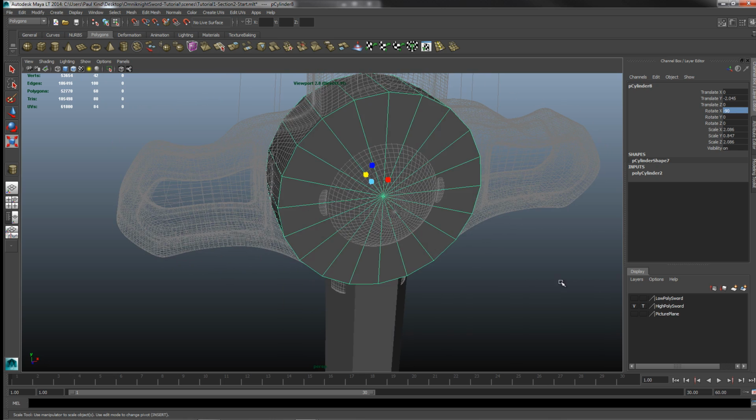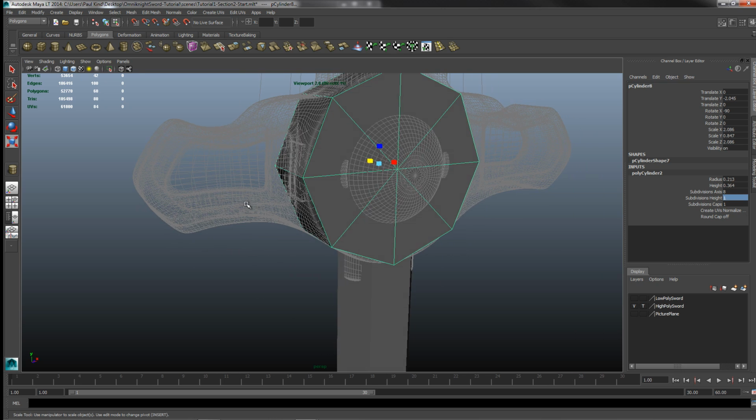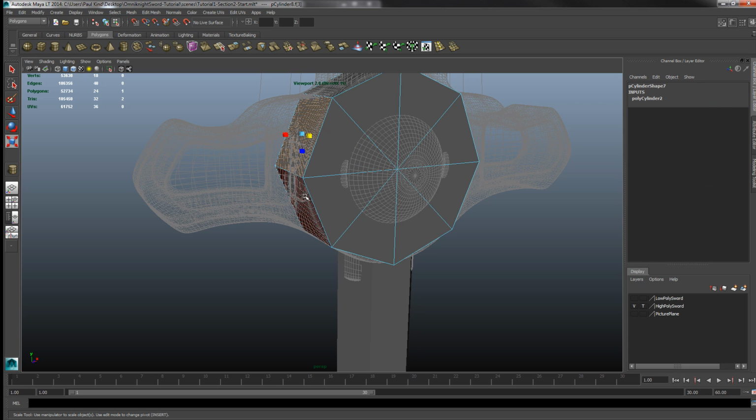And that's good. And now what we want to do is, again, go into the poly input and just adjust this down to something more reasonable, like 8 maybe. Yeah, 8's probably going to do it perfectly, actually. So that's good. And we're just going to go face, and we're just going to select these two guys, and we're going to go extrude,